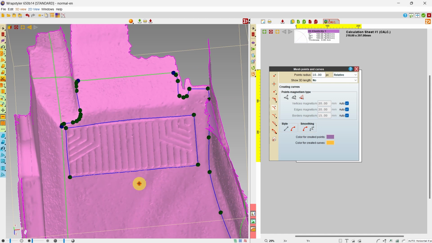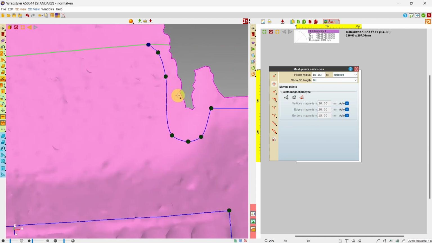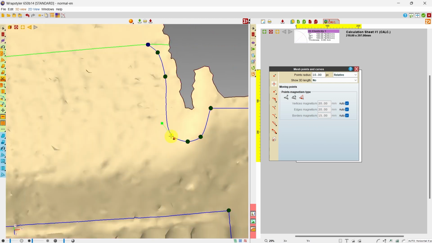So, in a few minutes, my curves are drawn. I will just use the Move Points tool to adjust the drawings here and there.